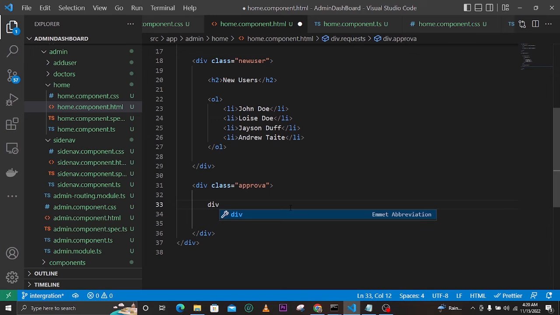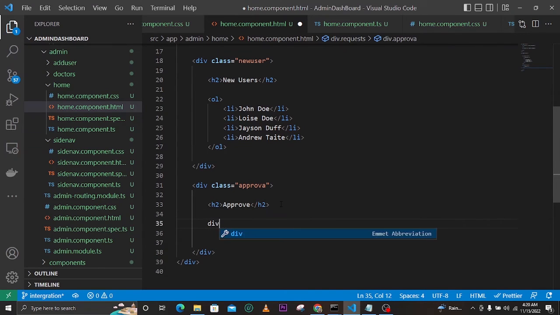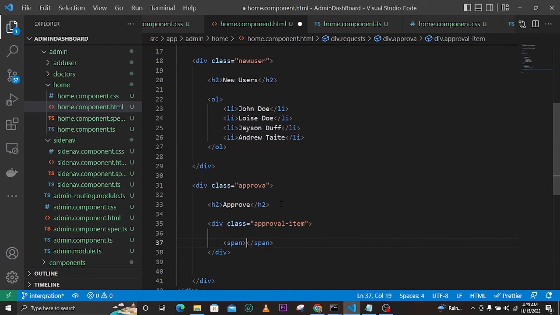We need to have approval. Let me first of all add this header here, and we can call this header approvals. Now here we can add a div that will contain an approval item, and this approval item will contain a span, and this span will have names. So we can say John Doe,